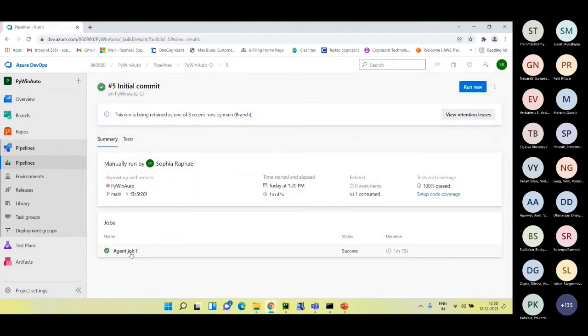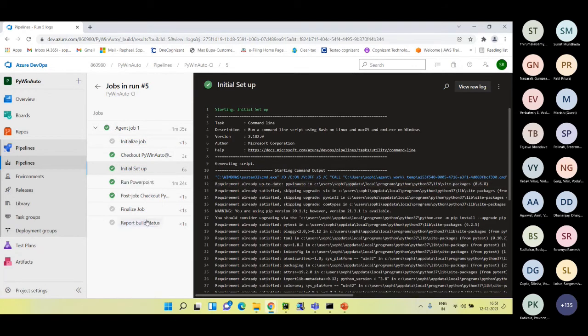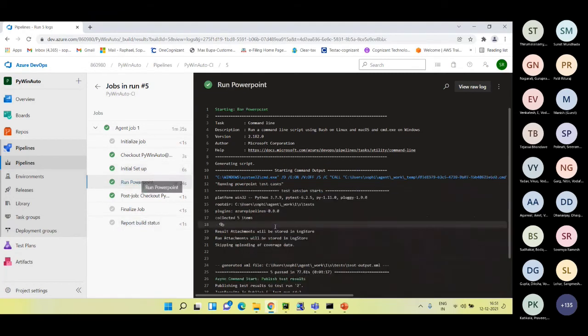After it is triggered, we have this agent job, and in this you can see the different steps that we had done, like the initial setup and then the run PowerPoint that was run.